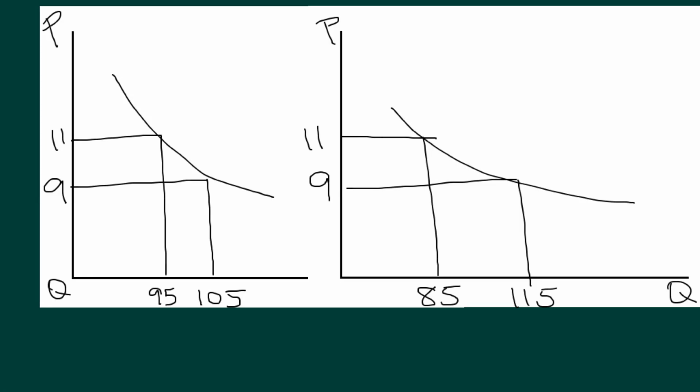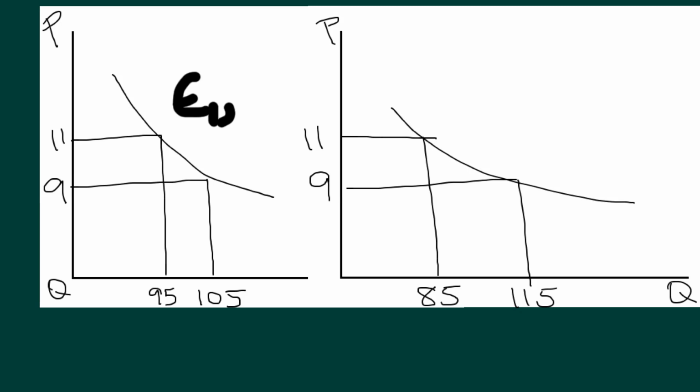Okay, so now we can look at an example of something I've been mentioning, which is how total revenue is related to the elasticity of demand. Now you can do your own check to see if you can use the midpoint formula for demand. And if you did, for each one of these demand curves, given these points, 11 and 95, 9 and 105, you would find that the elasticity of demand for this region right here is going to be,